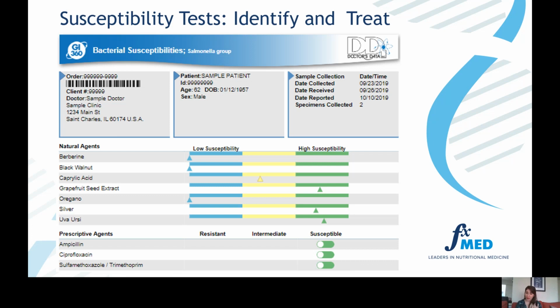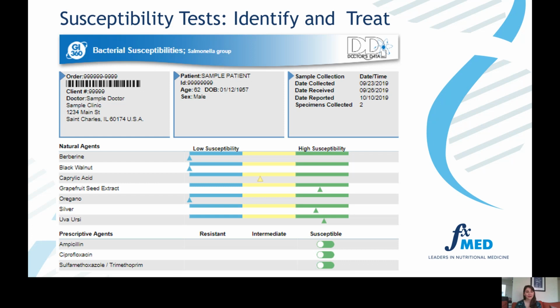So they use both prescriptive agents, which would be something that you might get from the doctor, as well as natural agents. And then they give us a ranking of which of those were most effective in eliminating or reducing this in the petri dish. So for me, this is the single coolest thing that I have seen for integrative